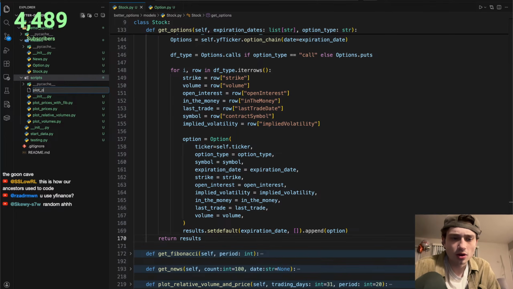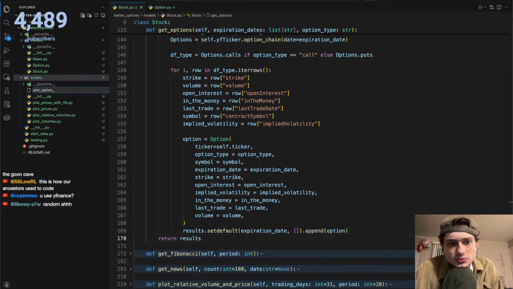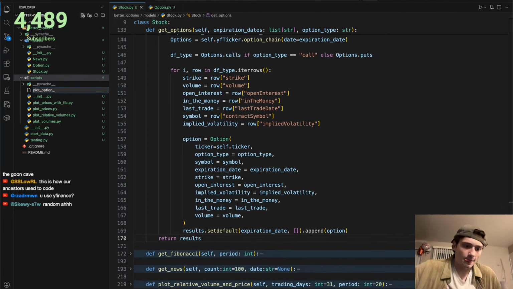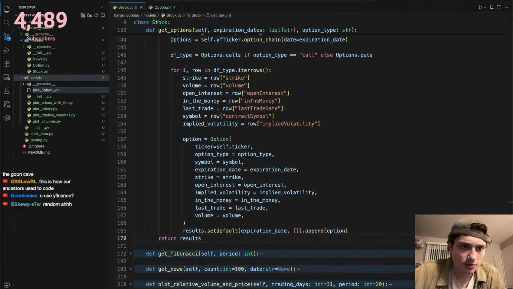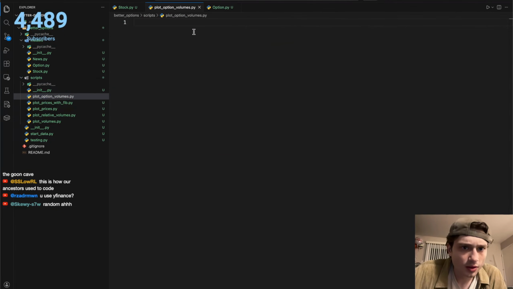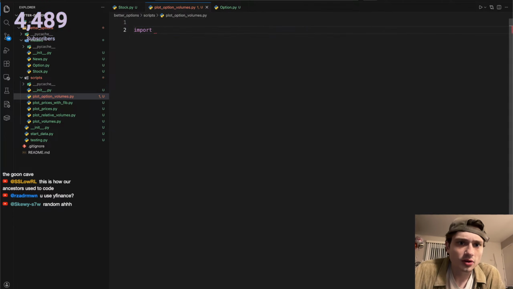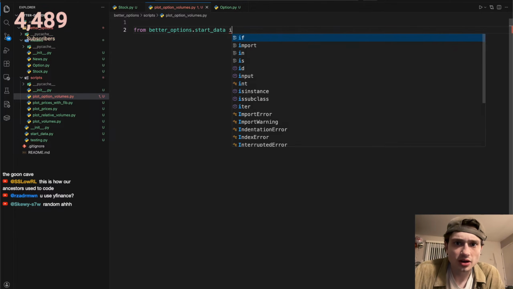Plot option volumes, plot option volumes dot py. We're going to say from better options dot start data import